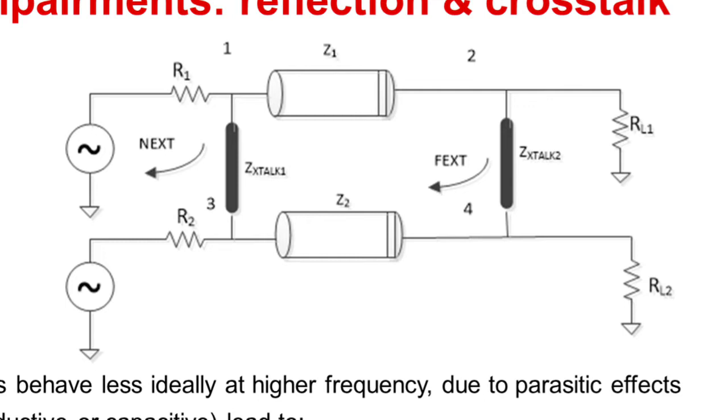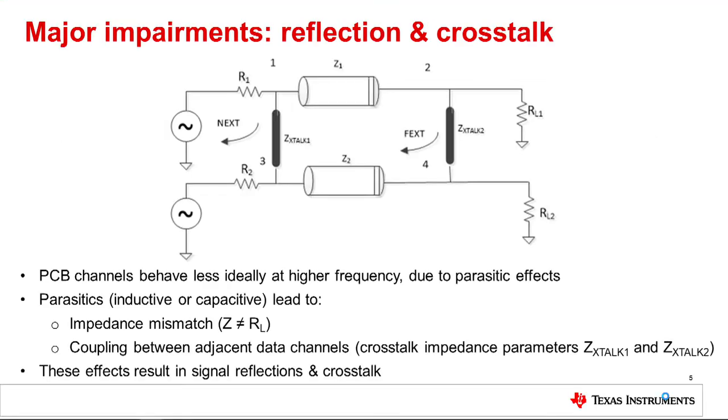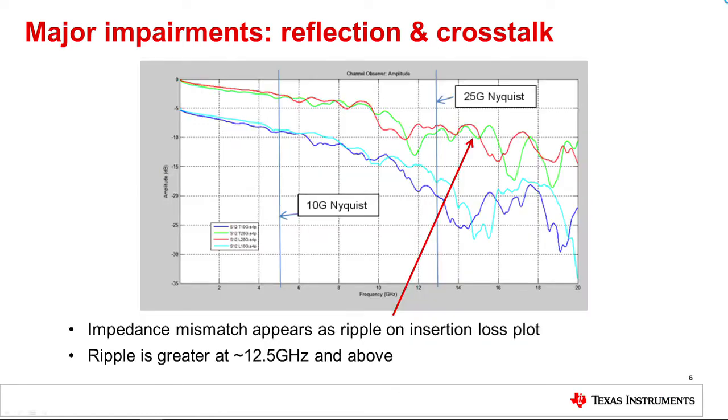In addition, at higher signal frequencies, it becomes more likely for signals to couple between adjacent data channels, primarily due to parasitic effects. This signal impairment effect is known as crosstalk. The use of large signal swings, usually to compensate for lossy transmission media, and signal reflections can further increase the likelihood of crosstalk.